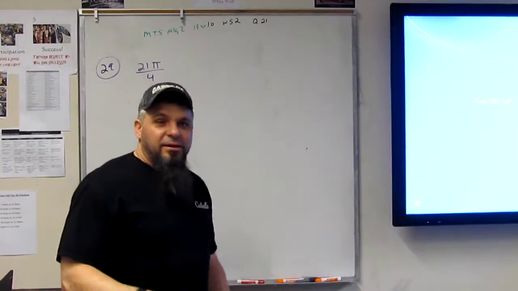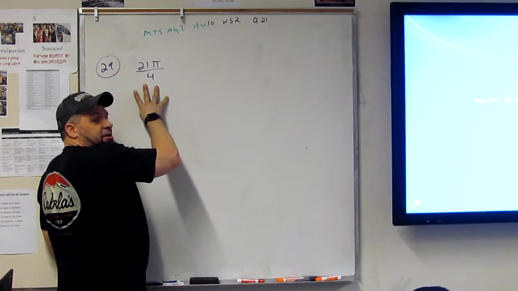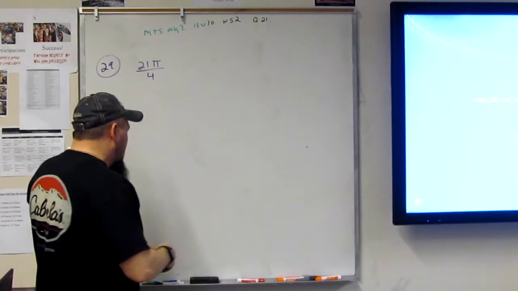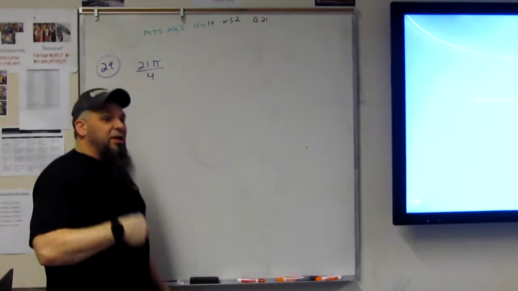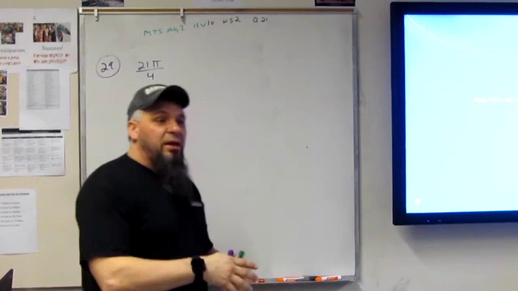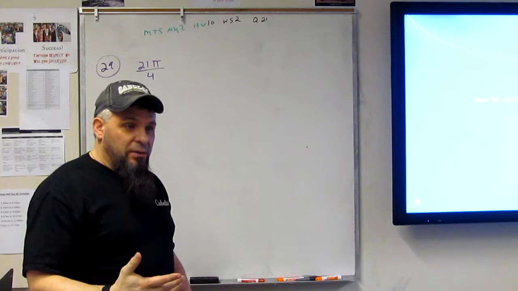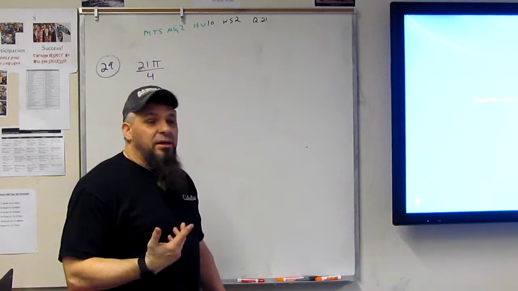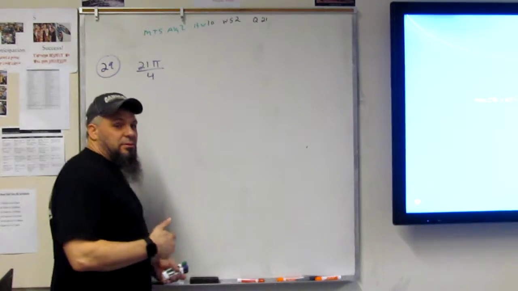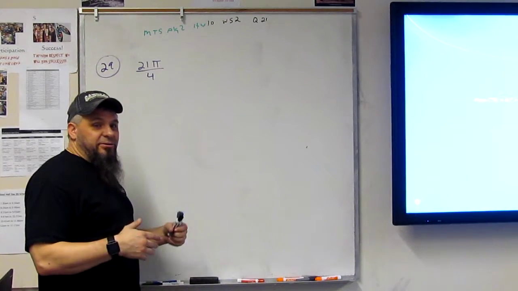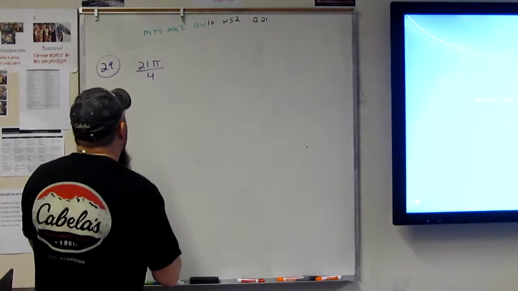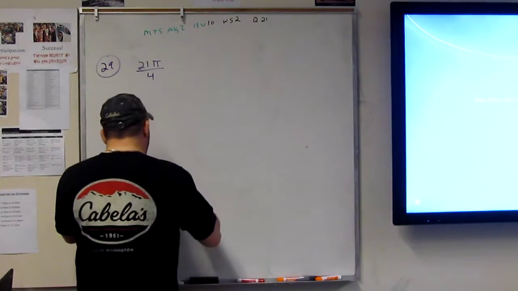Someone say it? If it's 4, how many pieces are we going to make? 8. Good. All right. So if it's 3 or 6, you're going to make 12. Right? If it's 4 or 2, you're going to make 8. Okay? Just keep that in mind. 3 or 6, 12. 4 or 2, 8. Okay? And so, with this,